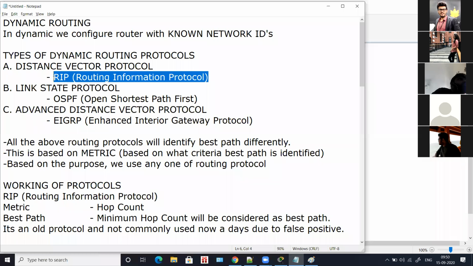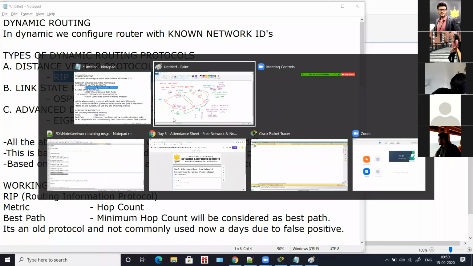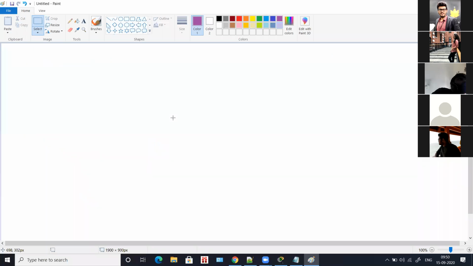Apart from that, OSPF, RIP, you can work on that yourselves. So I'll tell you how EIGRP works. For EIGRP, you have to consider only one thing, called the autonomous number. The autonomous number is nothing but any number